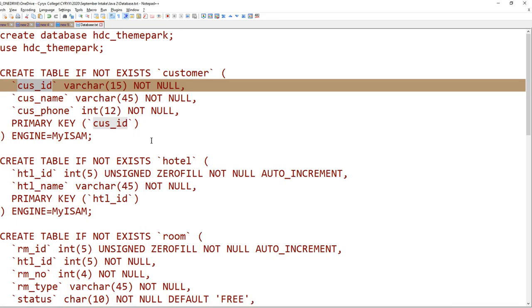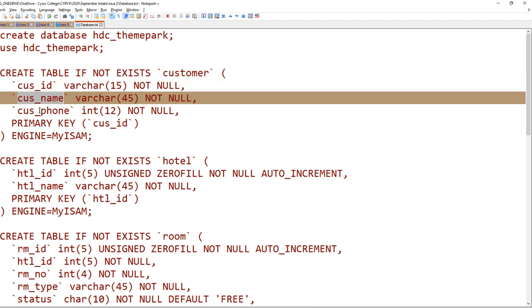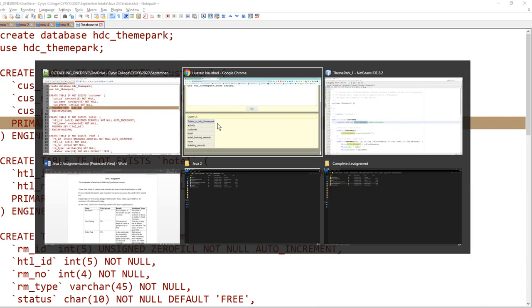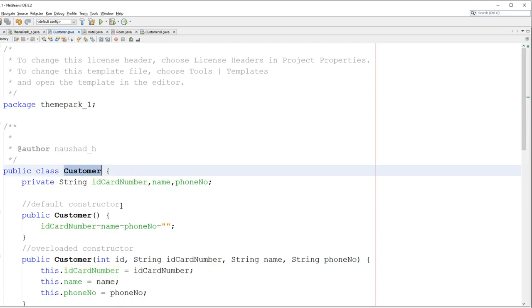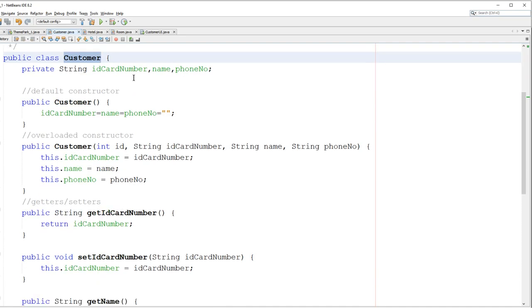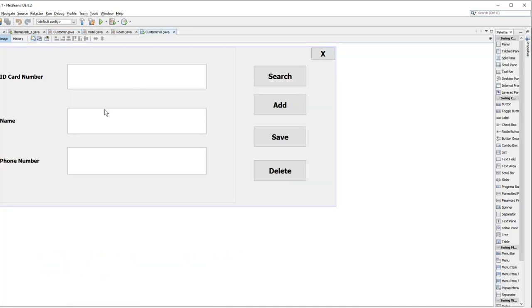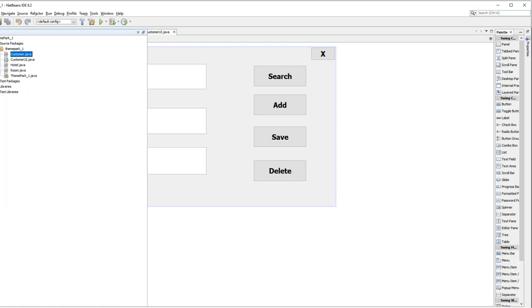You can see here in the database ID card number, phone number, and his name. And this is where the customer is, right? So this is called the customer model, you can say. This is the customer class where his data is. Now you have the customer UI, which we have created here, and you have seen me doing this in the classroom. What you did was you went here, you right clicked your project, right click, new,